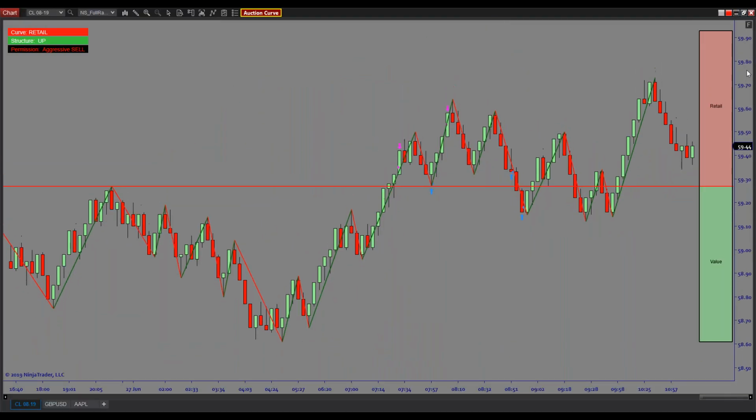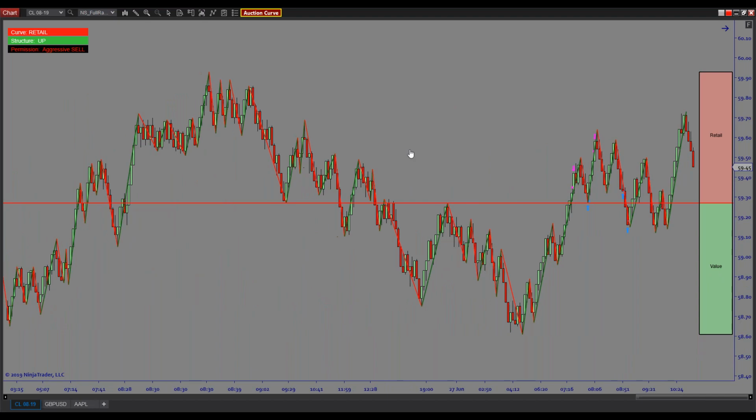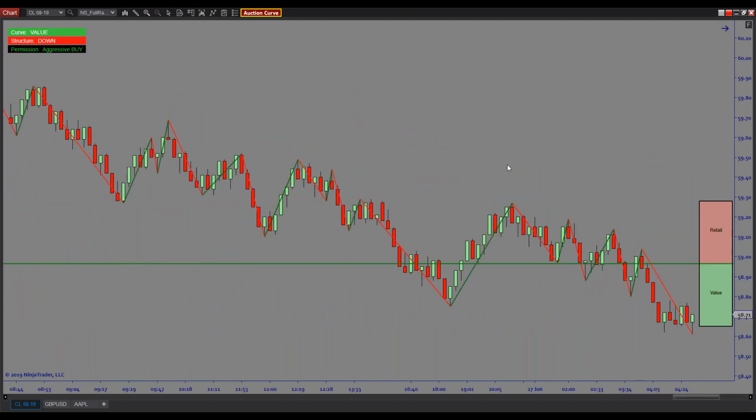Okay. So this is a chart of crude oil. This morning, price was cheap down here. Do you notice how location tells us we're in value? We're cheap. But structure's down. It's because we took out structure lows right here. That tells me we had a breakout to the downside and the market started selling off. Well, there's no confusion here. It's not a mixed market. Therefore, you'd be an aggressive buyer if you're buying things.